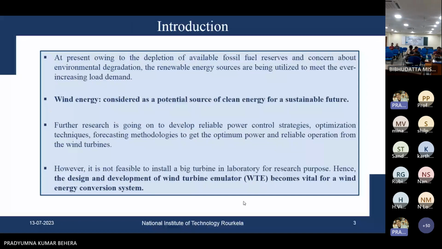Let us look into the introduction first. At present, owing to the depletion of various fossil fuel reserves and concern about the environmental pollution, the renewable energy sources are being utilized to meet the ever-increasing load demand. Among various renewable energy sources, wind energy is